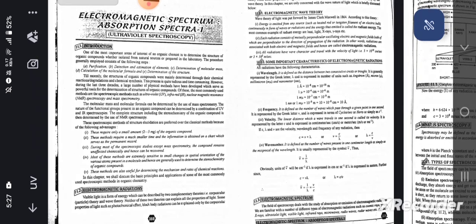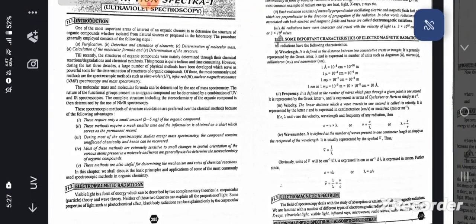Till recently, the structures of organic compounds were mainly determined through their chemical reactions, degradations, and chemical synthesis. This process is quite tedious and time consuming. However, during the last 3 decades, a large number of physical methods have been developed which serve as powerful tools for the determination of structures of organic compounds. Of these, the most commonly used powerful methods are the spectroscopic methods such as ultraviolet, infrared, nuclear magnetic resonance